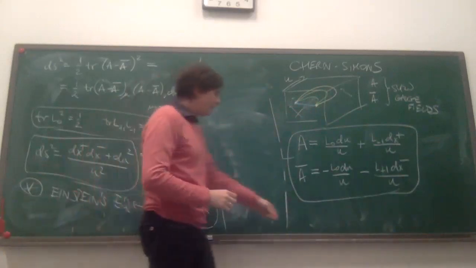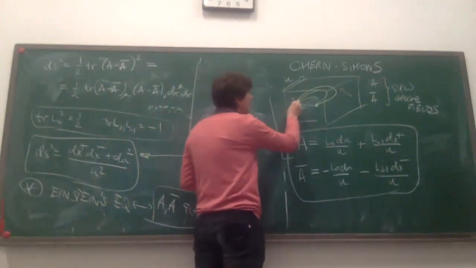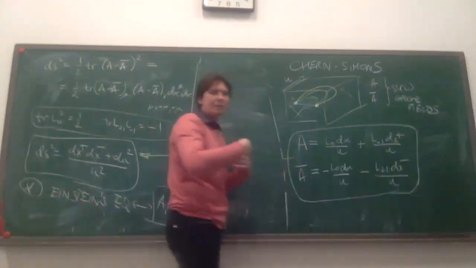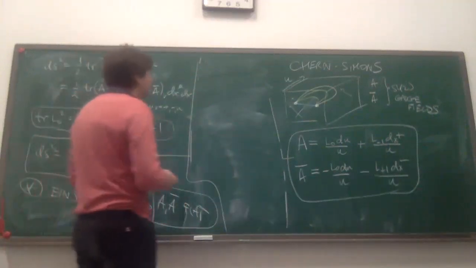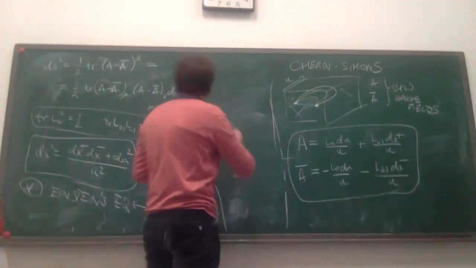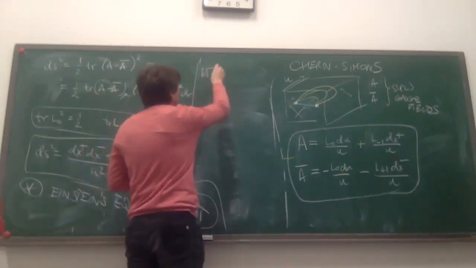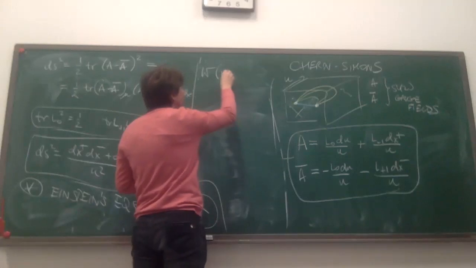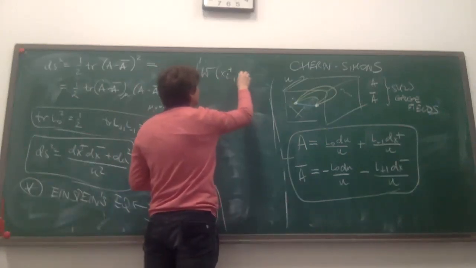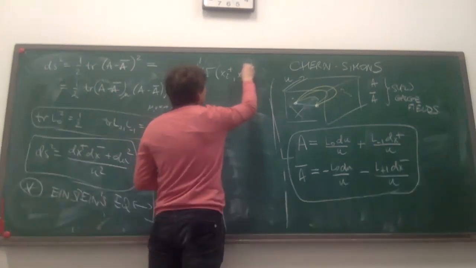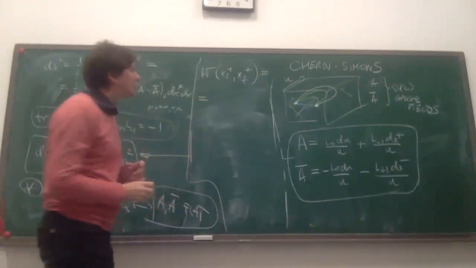So to evaluate the Wilson line, I can just pass it from the beginning point to the end point without ever going into the bulk and staying in the boundary. Okay, so let me just write what this is. A Wilson line that begins at some point x_i plus and goes to some point x_final plus is equal, and I will write what it's equal to in a moment.